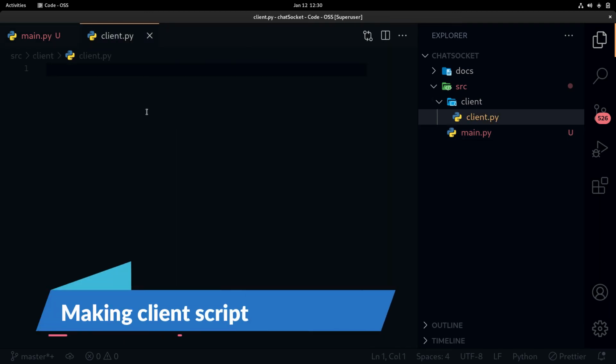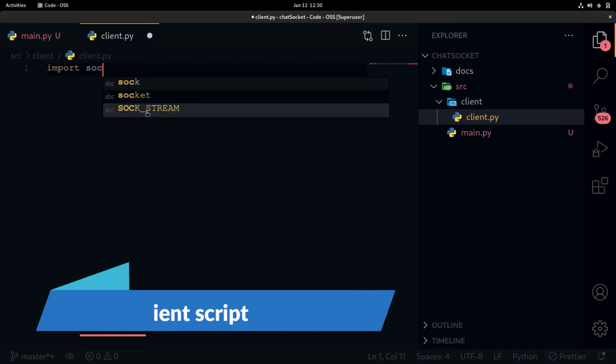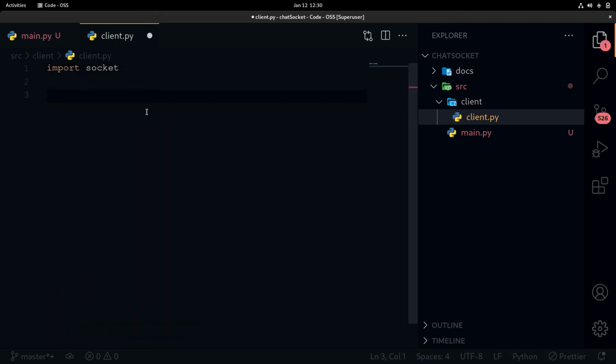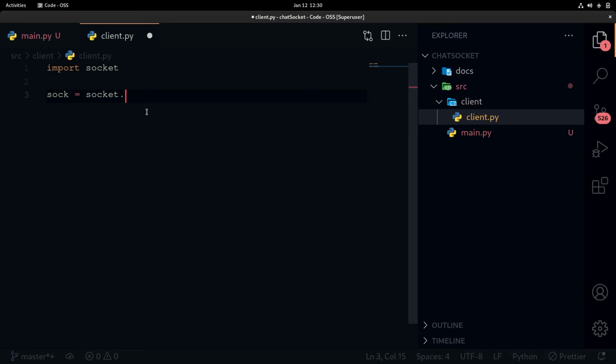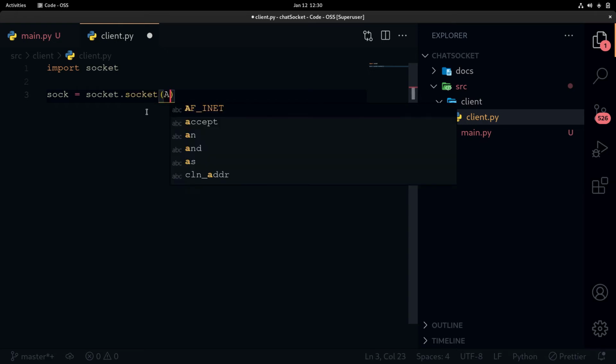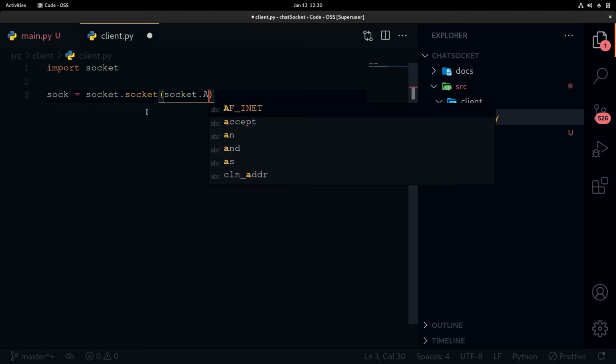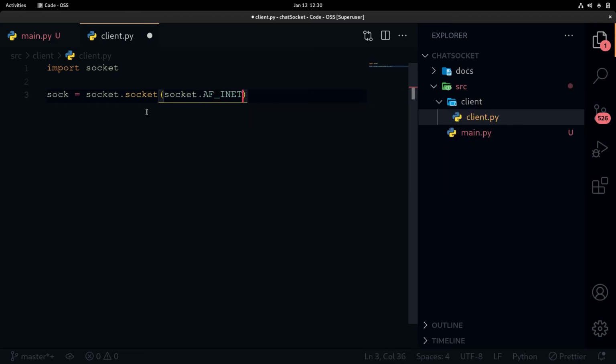And the client is something similar. We import the socket, create a variable, set the socket class, and get the socket method. We want an IPv4 socket as TCP, so we specify socket.SOCK_STREAM.